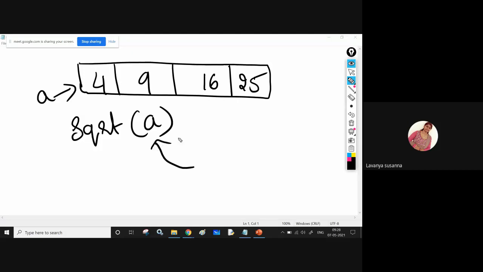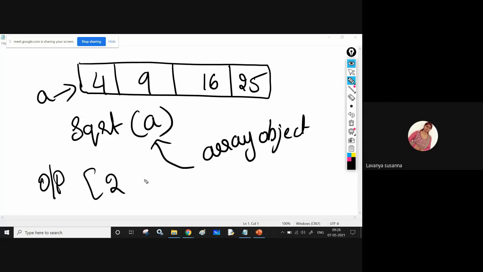Here you need to pass an array object, so the elements present in this object will be applied. Square root of 4, square root of 9, square root of 16, square root of 25. You will get the output like this: 2, 3, 4, 5.